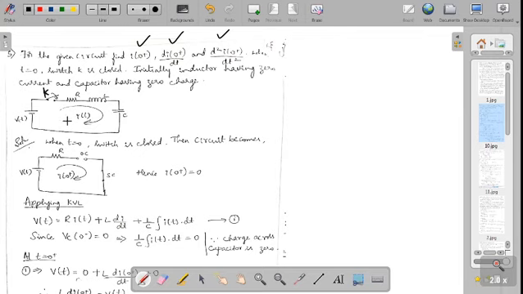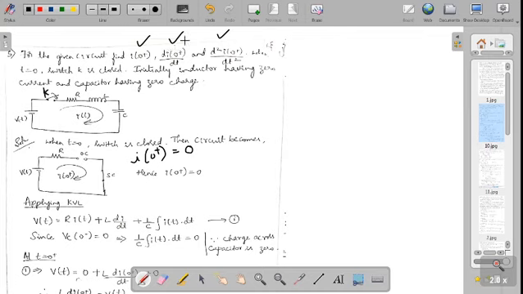Okay, now when you close the switch, what happens? Inductor should be replaced by open circuit and capacitor should be replaced by short circuit. So this is how you need to do that. Okay, it is shown over here. When the switch is closed, inductor is replaced by open circuit and capacitor is replaced by a short circuit. Now we need to find out the current. Okay, so when you do this, the current which is flowing when the switch is closed. Okay, since there is an open circuit, there will be no current flowing in the circuit, so the current is 0.